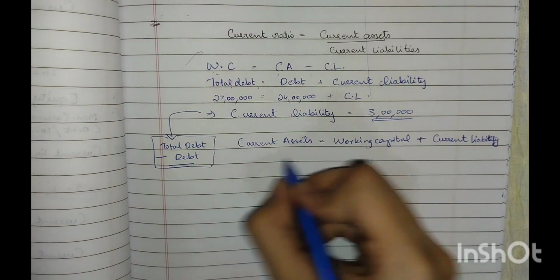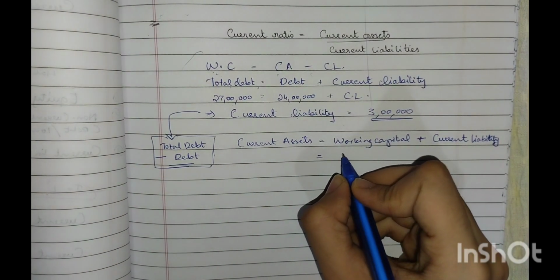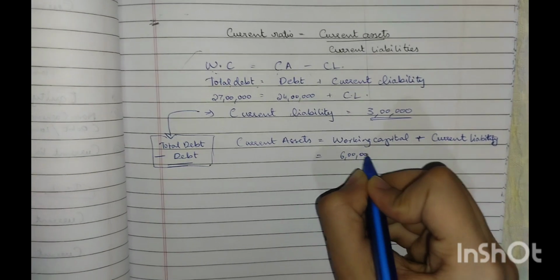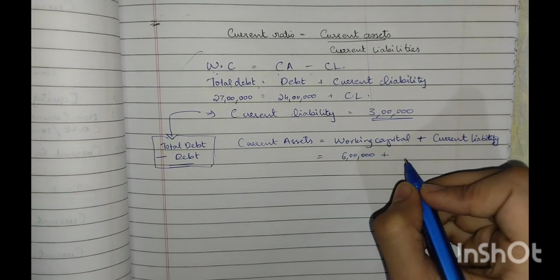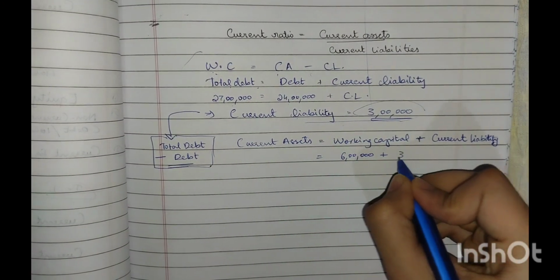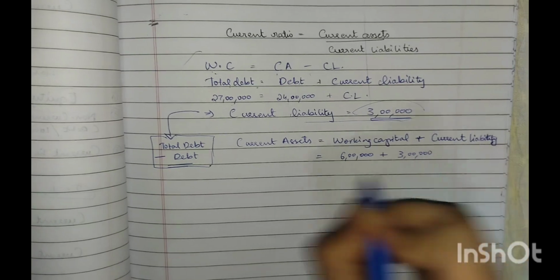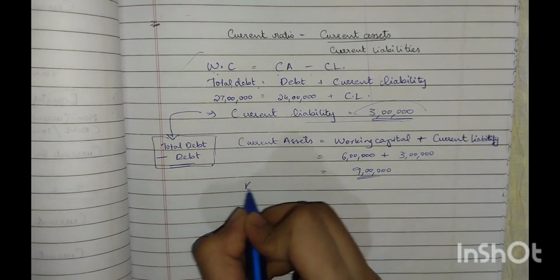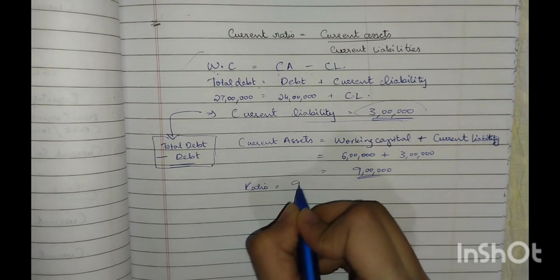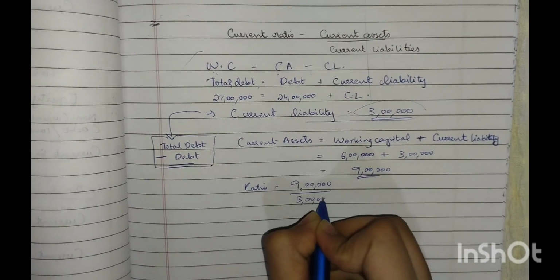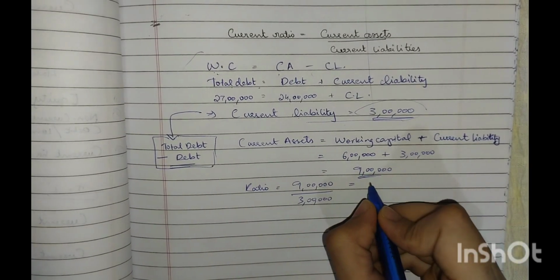Right. So this means current assets are equal to our working capital, they've given it to be 6 lakhs, plus our current liabilities. We found out that it is 3 lakhs here, so 3 lakhs, which is equal to 9 lakhs. This implies that our ratio is equal to 9 lakhs by 3 lakhs,